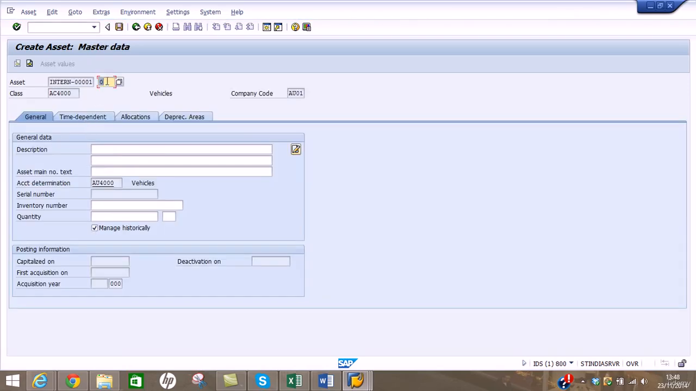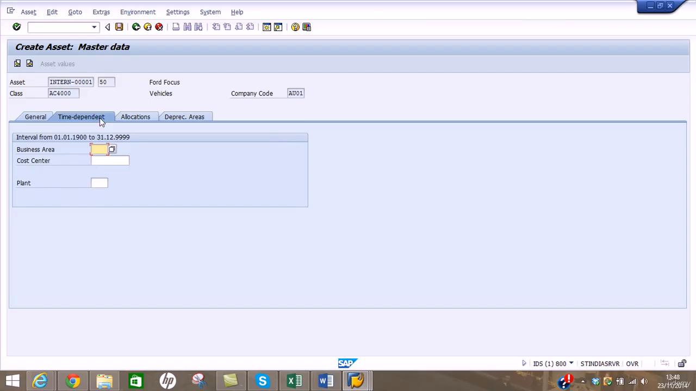And as you can see, your sub number is blinking now, so you can enter the sub number as the client requires, according to the client requirement. Let's say client requires 50, so your sub number is 50 for each vehicle. So description first can be, let's say, Ford Focus, and asset main number text you can enter here, 01, and click on time dependent, choose the cost center for vehicles,